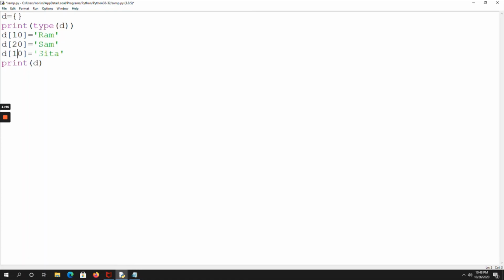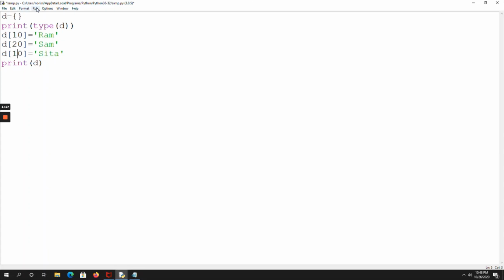Suppose I allow a duplicate key, what happens? The previous value for that key element should be replaced with the new value. Let me show that. Here, see, D of 10 I have entered two times, with different values, Ram and Sita. Now what happens? This Ram should be replaced with Sita.